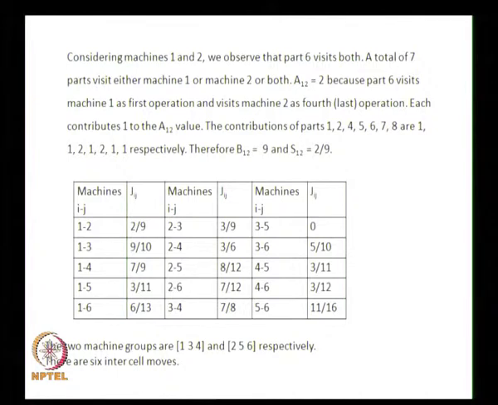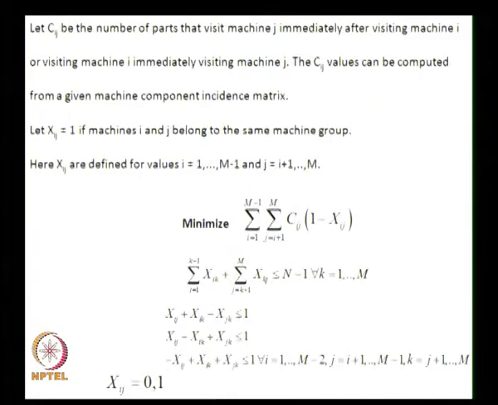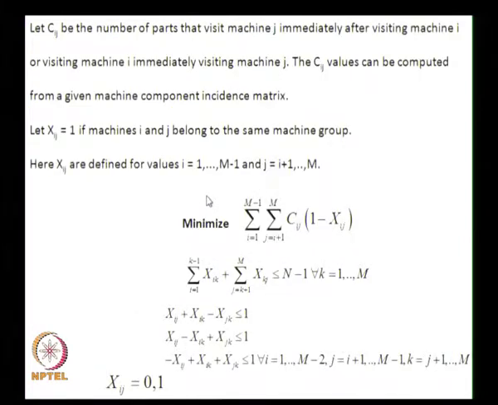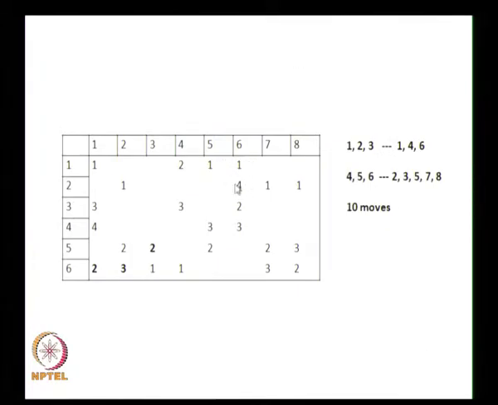So, now it contributes 1, this is common. So, it contributes 1 here because it visits as the first machine, and contributes another 1 here because it visits as the last machine. Therefore, it contributes 2, numerator contribution is 2,